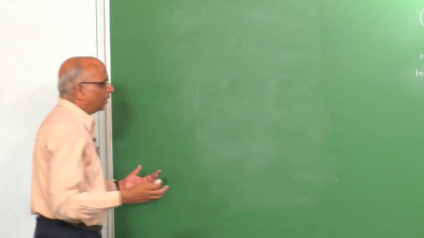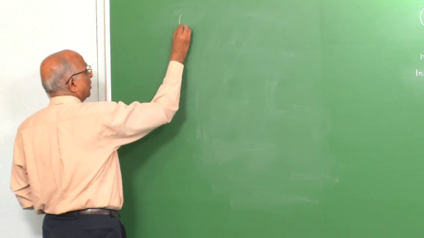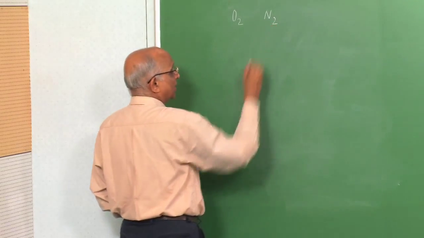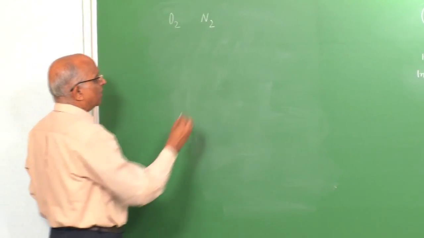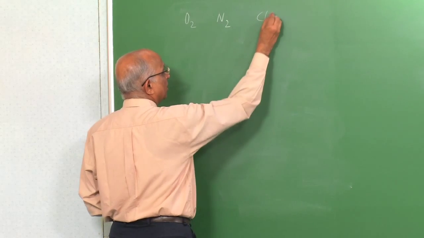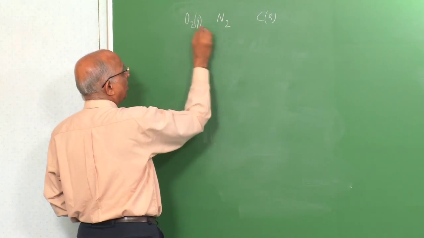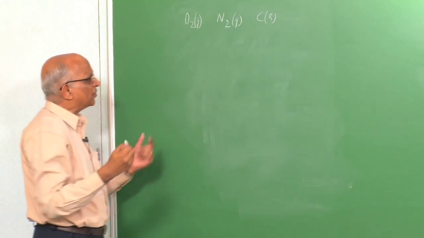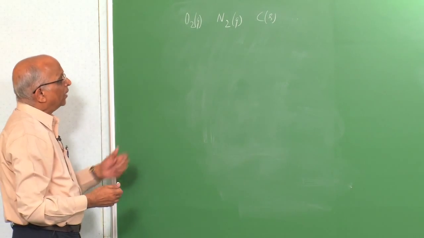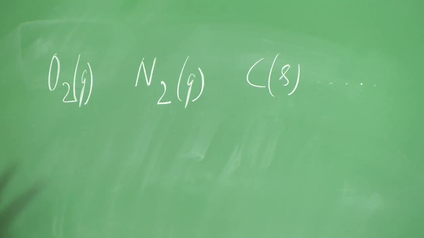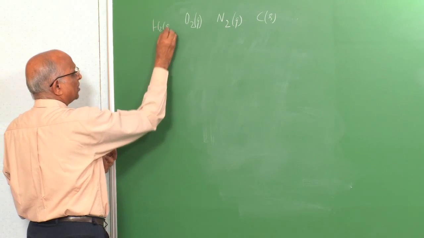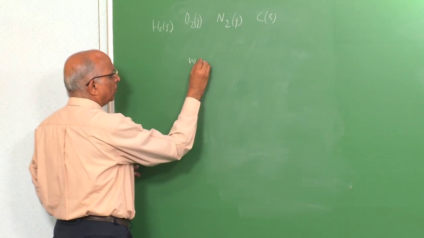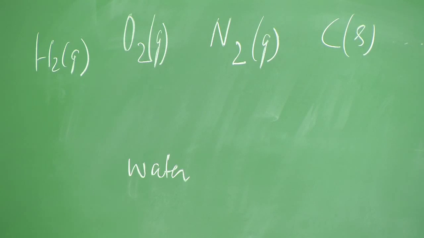For instance, in nature oxygen occurs as a gas, nitrogen is available as a gas, carbon is available as coal or charcoal, that is, as a solid. Different types of elements occur in nature. Suppose I want to form, let us say, water. I have hydrogen, which also occurs as a gas in nature. Therefore, if I am interested in forming water and I want to define the heat of formation of water,